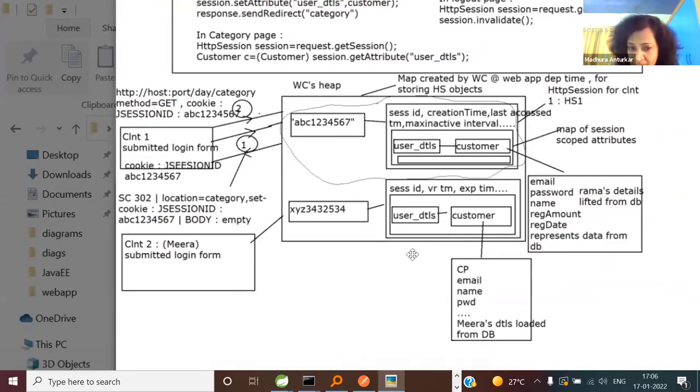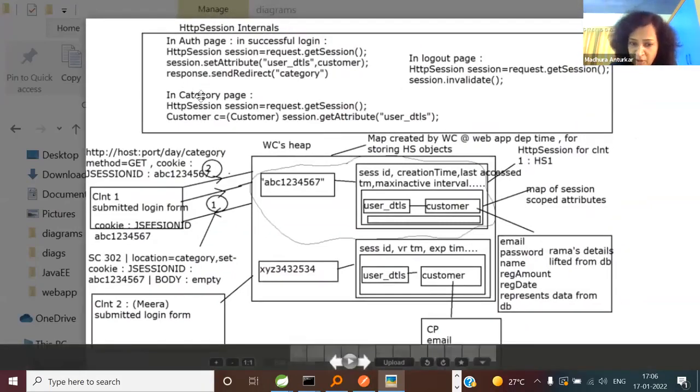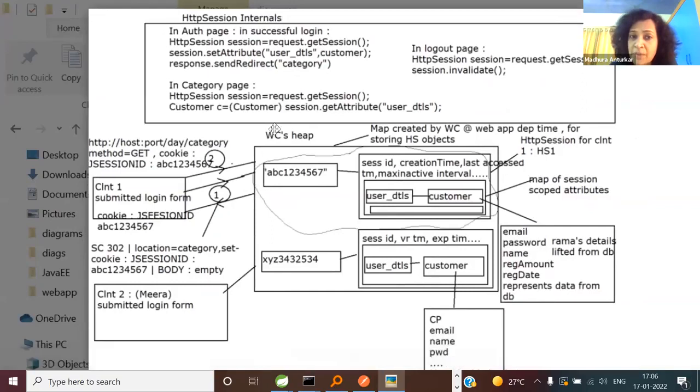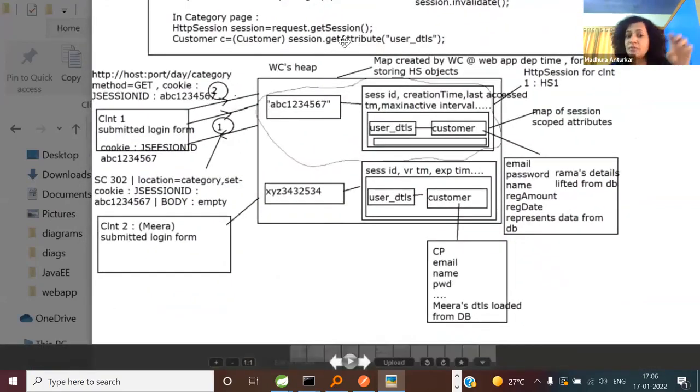From HS5. If it is client 1 who is talking to me, for example, in a topics page, when I say session.getAttribute, of course the container has to lift it from the specific session. So now the problem is, when there are so many session objects floating around in the web container heap, how to search for one with constant time performance?